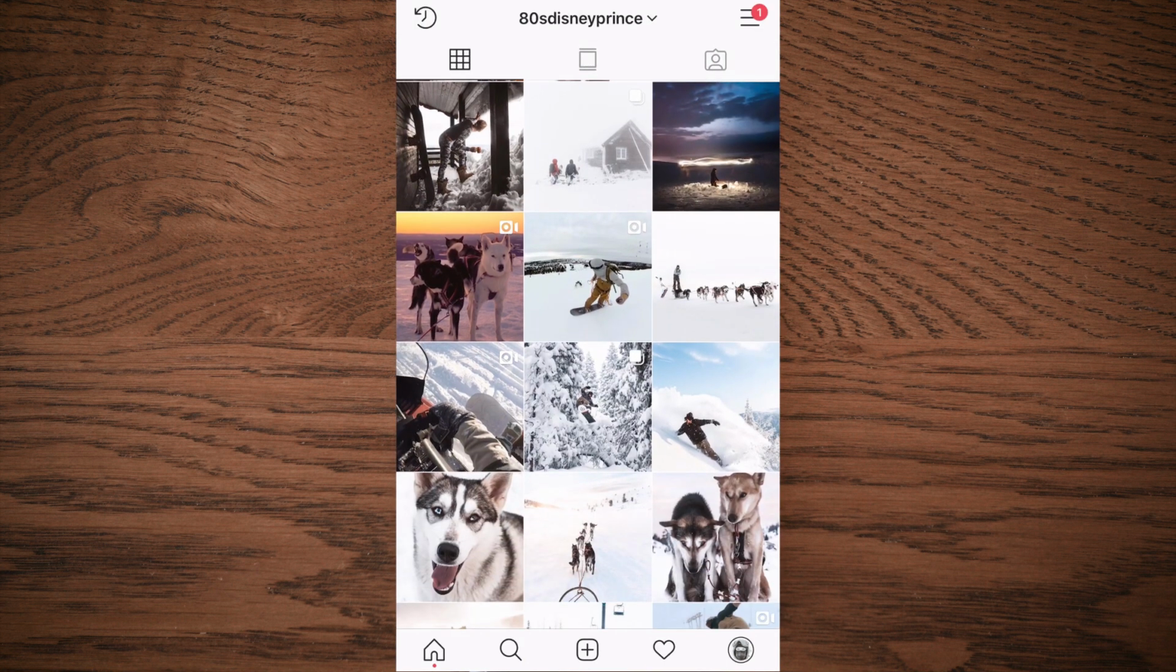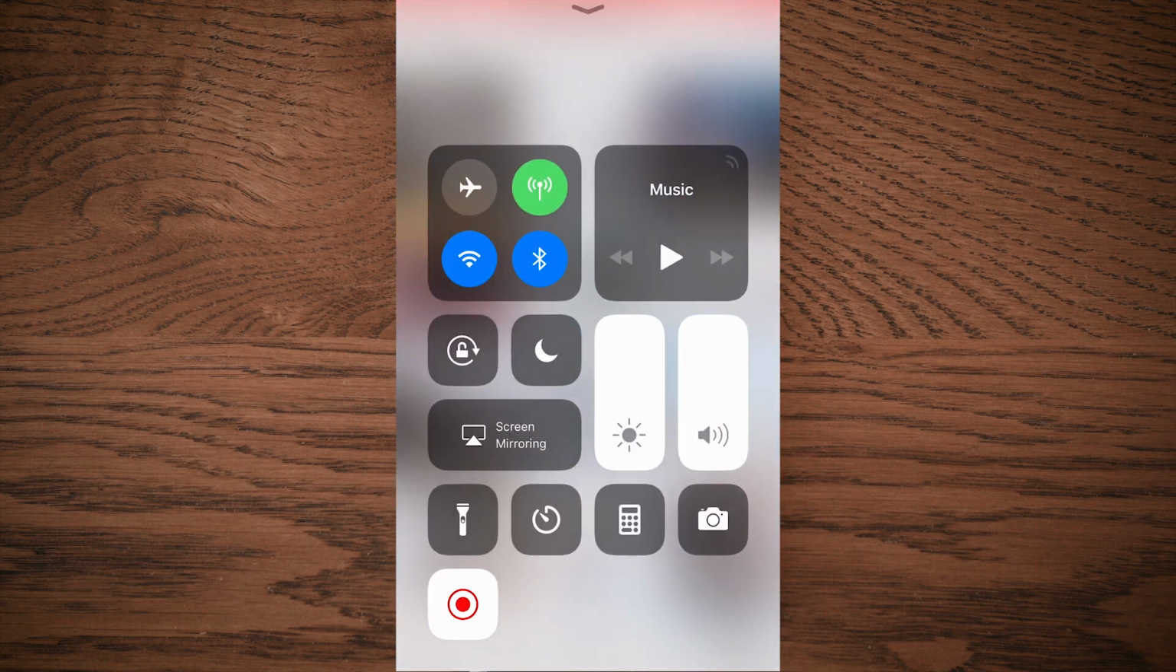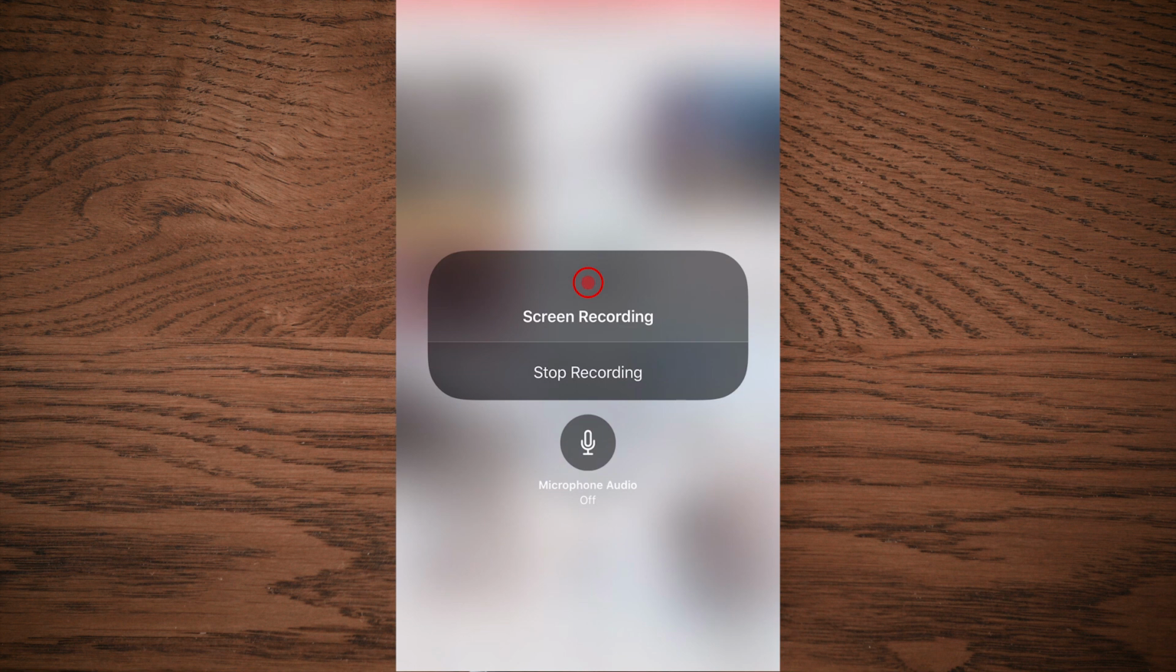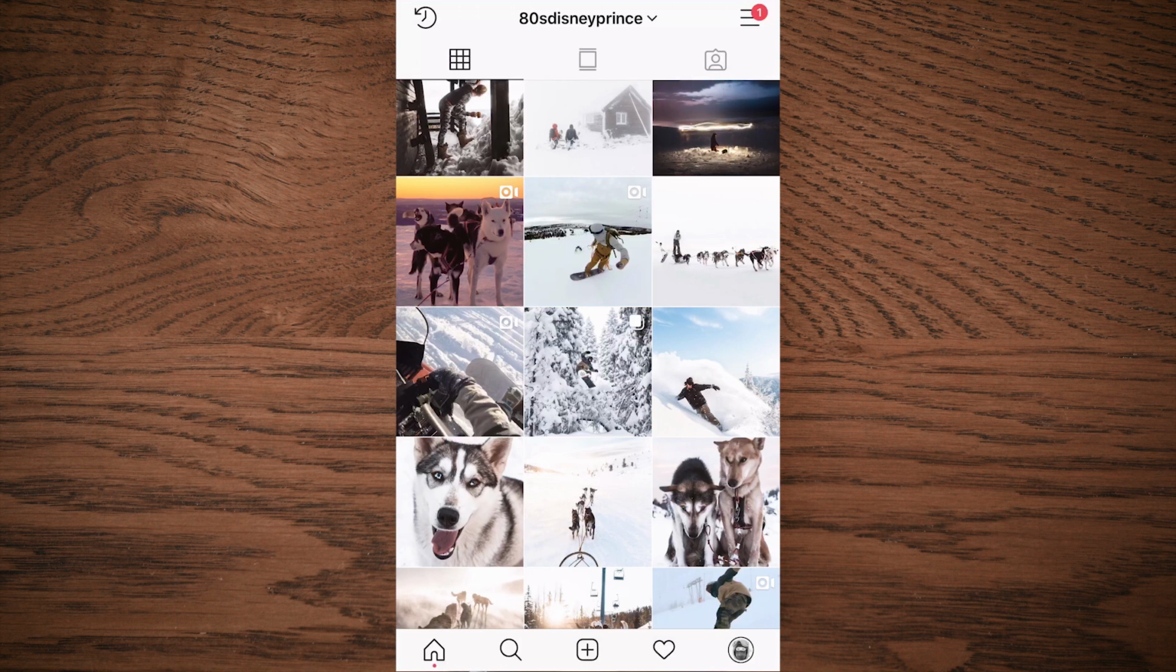Pro tip, if you want to record a screen with the audio from the mic, then just hold down the screen record icon for 1 second and then click microphone audio on. And when you are done recording, press the icon again and the video will be saved to your